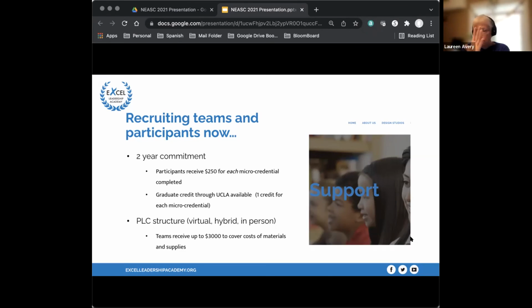The cost outside of the grant is pretty low. So that's there, and happy to answer more about that. But for folks who work within the grant, which is anyone that's interested, we do ask participants to make a 2-year commitment to the work.